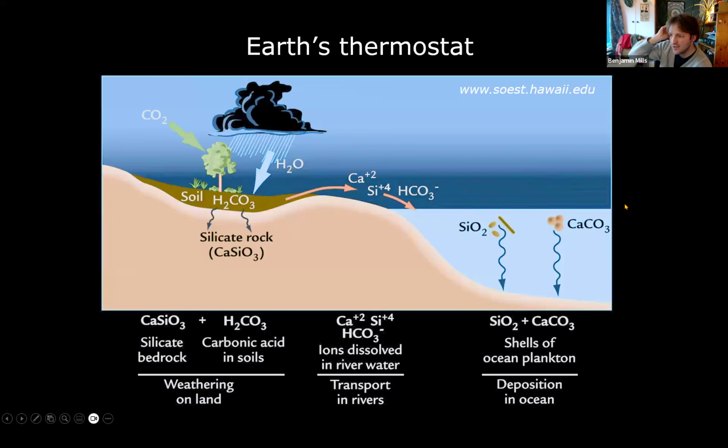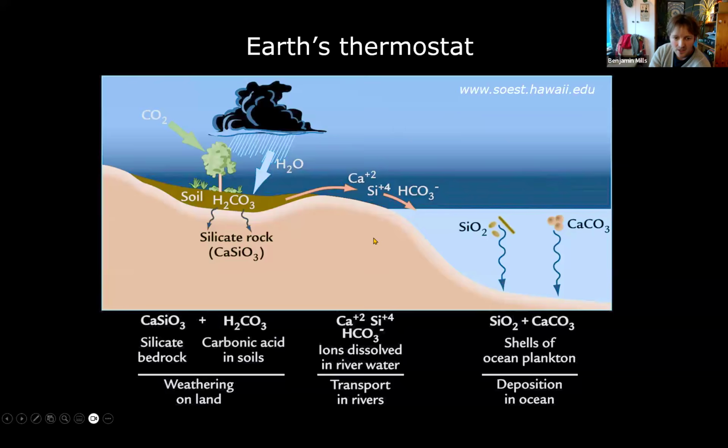And this is how we think the Earth really has maintained its habitability. If CO2 degassing is very high, you have a lot of CO2 coming in, then weathering processes accelerate, the Earth gets very hot and very wet, and you start to remove CO2 onto the seafloor. So this is all very good for maintaining surface temperature, but what this potentially means on the early Earth with a lot of CO2 degassing is that you're going to do a lot of weathering. And if you're doing a lot of weathering, you're going to be inputting a lot of nutrients into the ocean, which means you're potentially going to be doing a lot of photosynthesis and burying a lot of organic carbon as well.